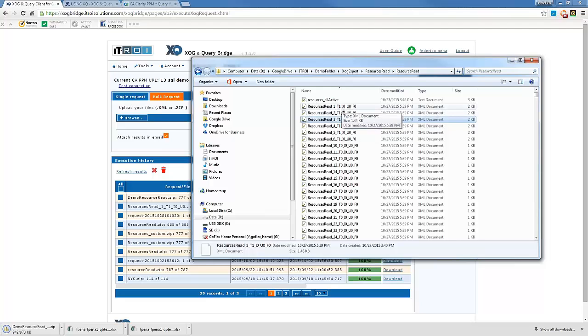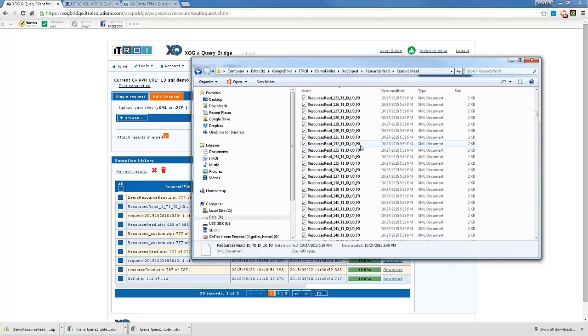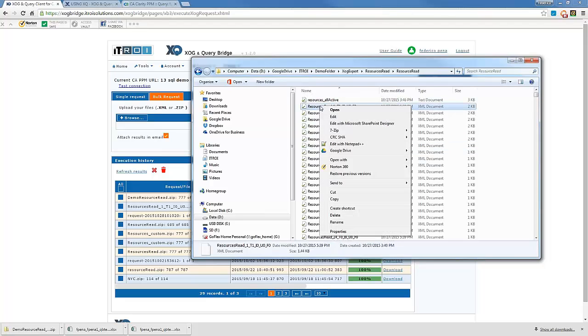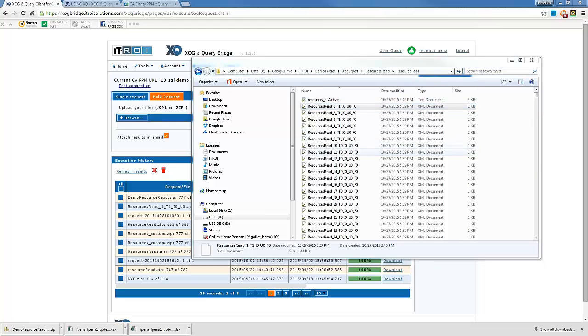What that means is T equals total, I is inserted, U is updated, F is failed. So now you can take a look directly at your file structure, and just by looking at the names, you can see what your XOG results were. But in this case, because it's just a read file,